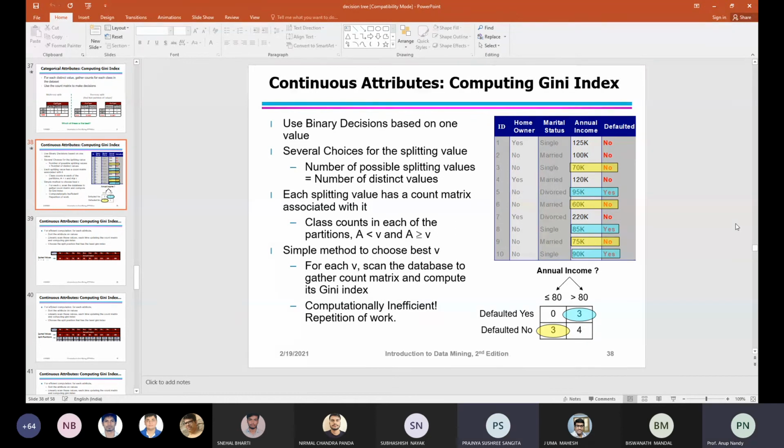Sir, if there will be more than one continuous attribute, what will we do then? Yes, if you have more than one continuous attribute, then you will have to go for one by one. Then obviously your tree will be very large. You have one search space, so your search space will be extremely huge. That is the drawback of this. Because you have to search which item you have. First you take one attribute, then the next attribute that you have to choose, based on the problem statement that you are going to have.